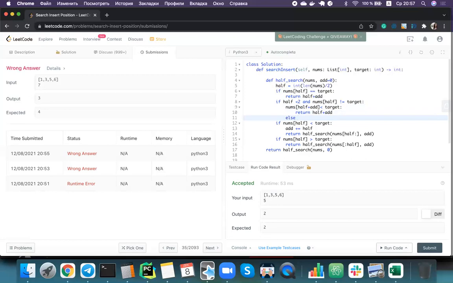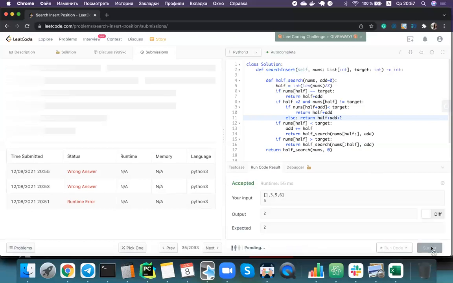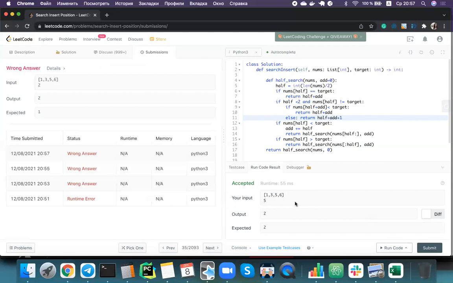I'm going to, oops, sorry. In the other case, I'm going to return data plus one. Data plus one. Yeah, my habit to think in this case. Run code, okay, it works. But in this case, it's output, but we're supposed to find, okay, I think in this situation,